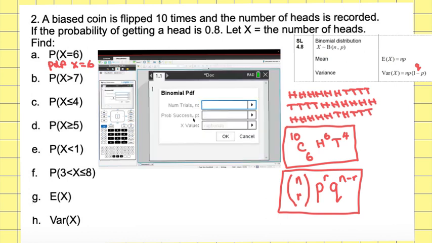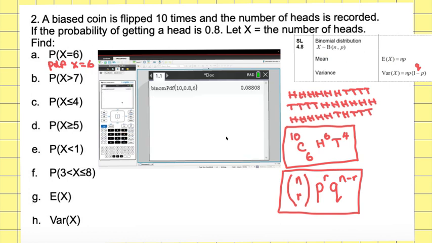So if we open that, we get this. It tells you that it's binomial PDF at the top. And in this case, we want the number of trials. The probability of success in this case is 0.8. And we want the X value that we require. So we want X to be equal to 6. If you then press OK, the probability of getting 6 heads with a probability of 0.8 for each head is